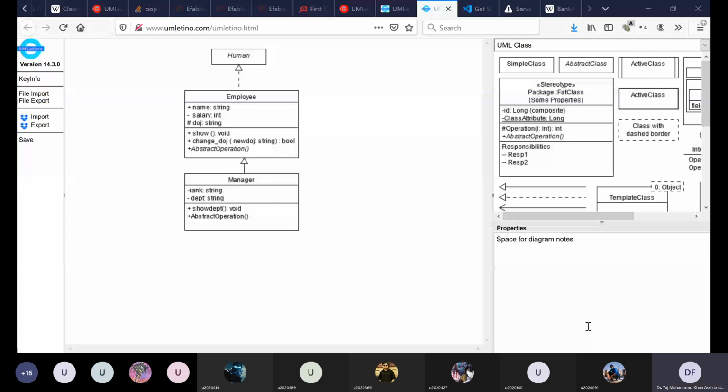So then this relation is not called generalization, it is called realization. Okay, so you realize that abstract class or concrete class. This relationship is called realization, and it is represented as this dotted arrow, a plain blank arrowhead with a dotted line. Okay, so here employee is realizing the class human. So the employee class is a realization of class human.